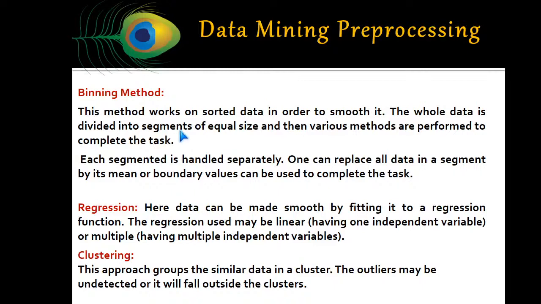In the binning method, the method works on sorted data in order to smooth it. The whole data is divided into segments of equal size, and then various methods are performed to complete the task. Each segment is handled separately. One can replace all data in a segment by its mean or boundary values. Again, just like handling the missing data, we are doing the